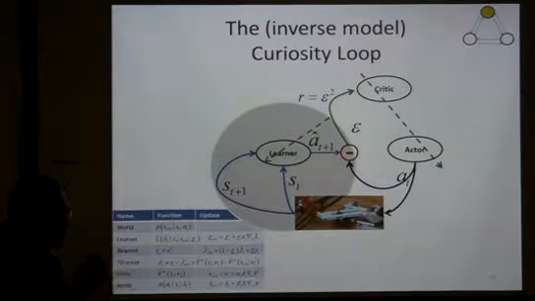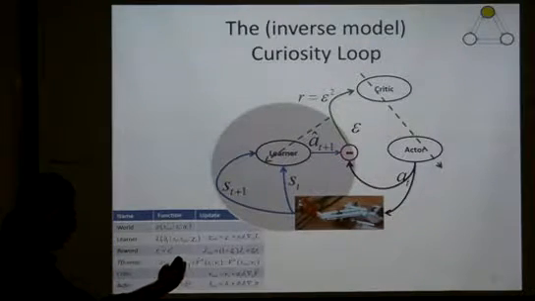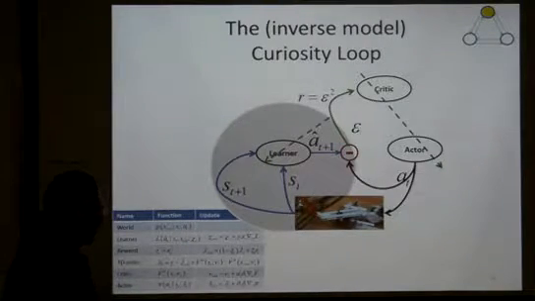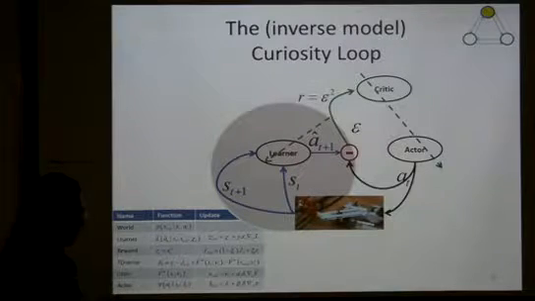It's predictive. If you want to be somewhere, and you want to learn how to behave, how to move in order to get there, this is the inverse model. You want to learn to control your own body, not just to predict the world. This is the inverse model. Well, where does exploration come in there?